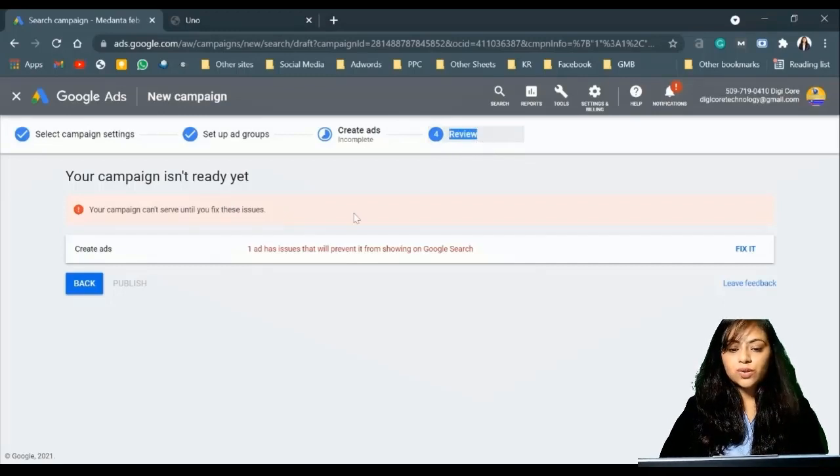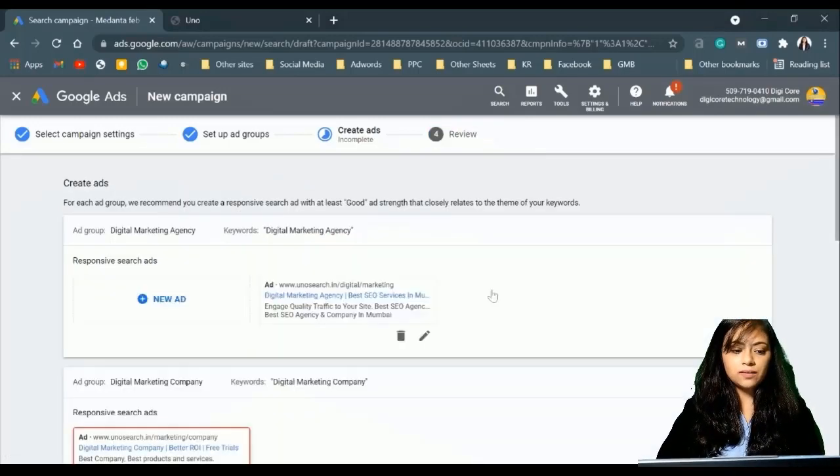Earlier we created a few ads but not properly, so it is shown over here. But when you create your ads properly, with proper descriptions, headlines and links, it won't be shown. We just created it for your reference, but still let's fix it.